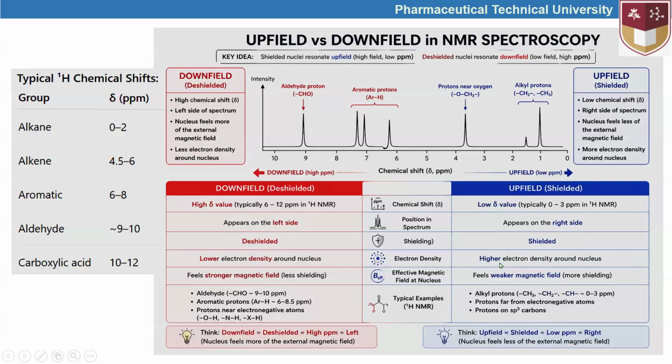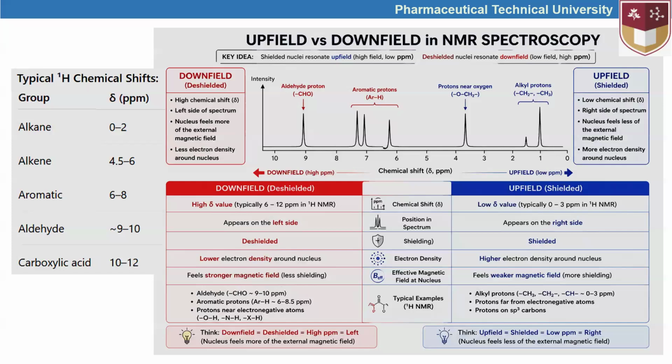If electrons are closer, then it leads to higher electron density. That higher electron density leads to the shielding effect. Okay, so that shielding effect results from the higher electron density. And that higher electron density comes from the closer distance of the electron of hydrogen